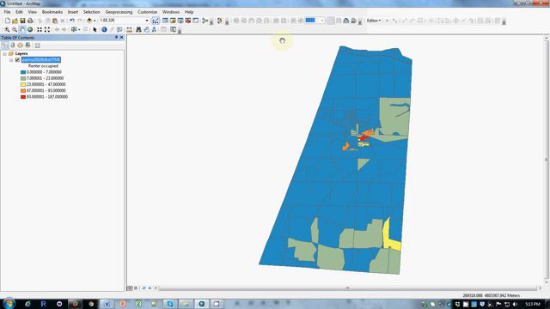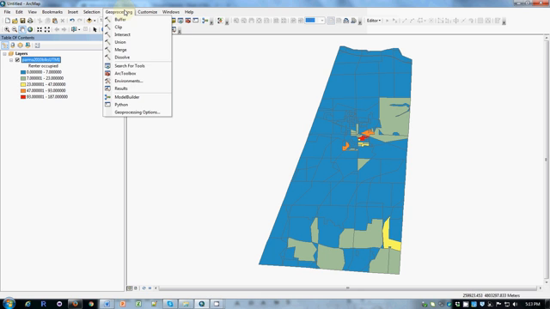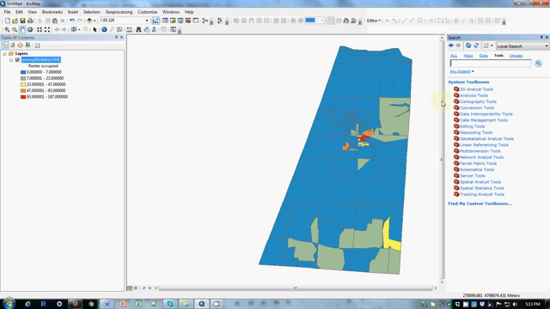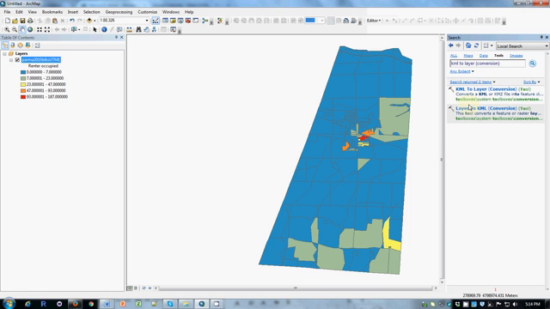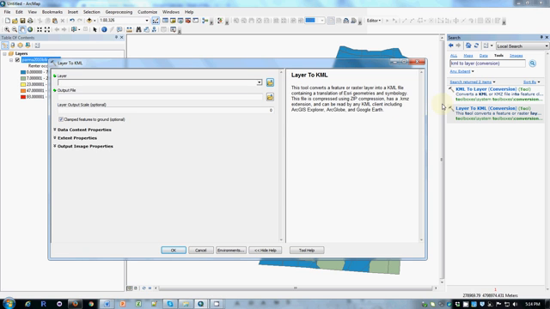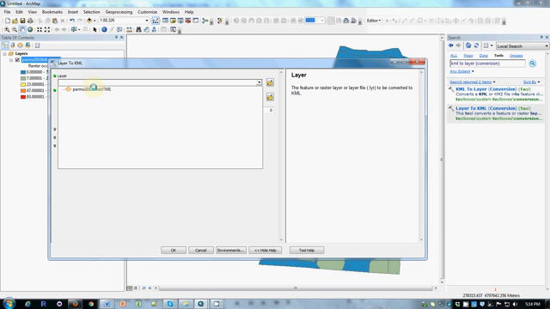It's also possible to share this data using interoperability with the Google Earth package, and to do that we would like to search for a tool that'll do some kind of a conversion, and the conversion we want, which we learned when we did the WebGIS exercise, is to convert a layer to what's called a KML file, which is a data format that's compatible with Google Earth. The layer is this one, newly joined,